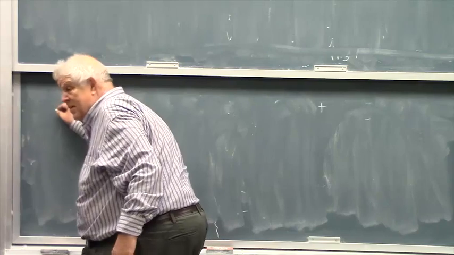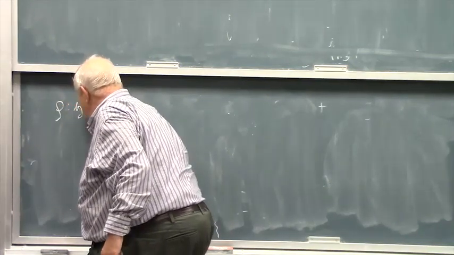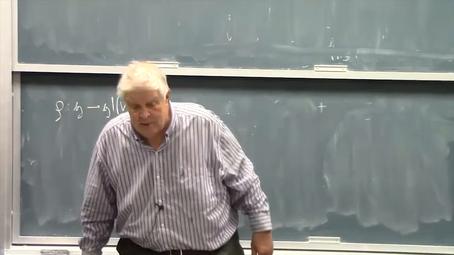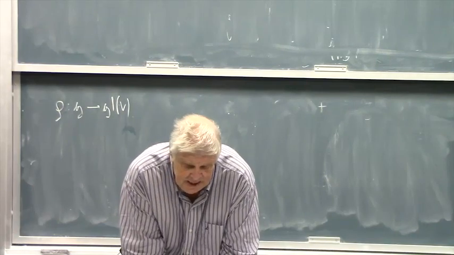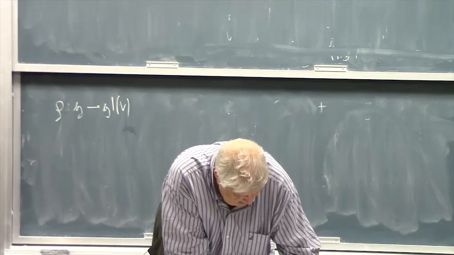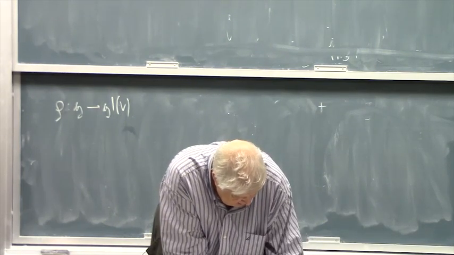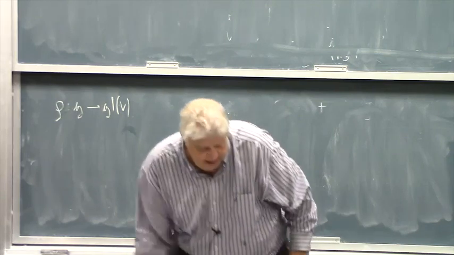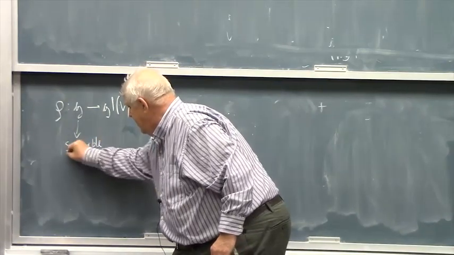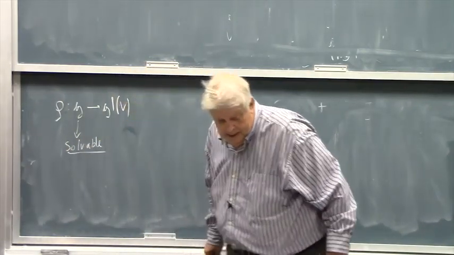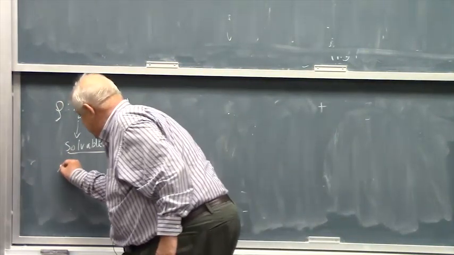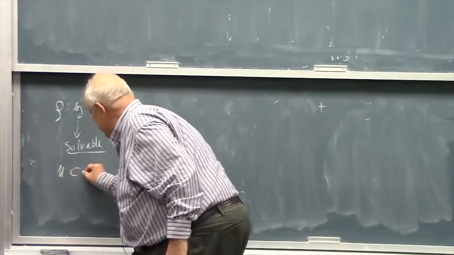So, theorem. It's very simple. Suppose that we have some representation of some Lie algebra. At the moment, I do not say whether this Lie algebra is real or complex. But I assume that it is solvable. Then I consider the ideal, and this is certainly an ideal, n in G,